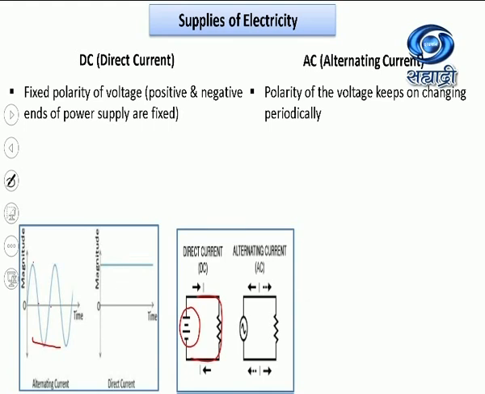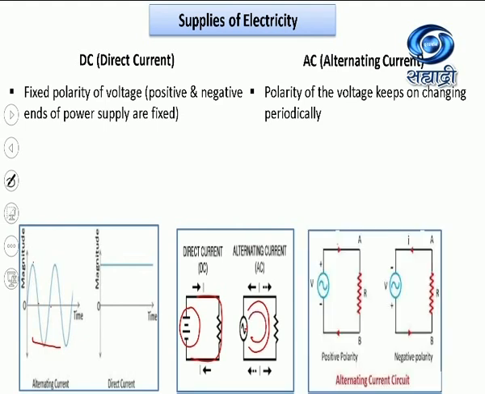In this other diagram, there is a source of alternating current which is shown in the form of a sine wave, and in one half cycle of AC, current flows in one direction, and in the next half cycle of AC, current flows in the opposite direction. Same thing can be seen here.